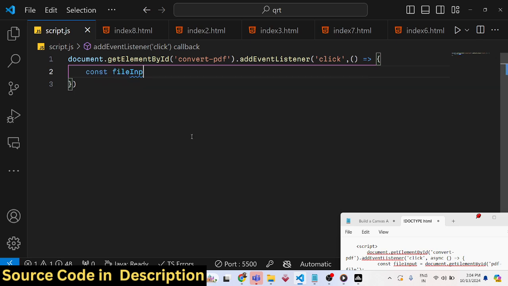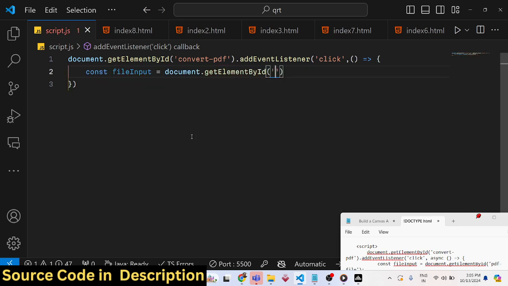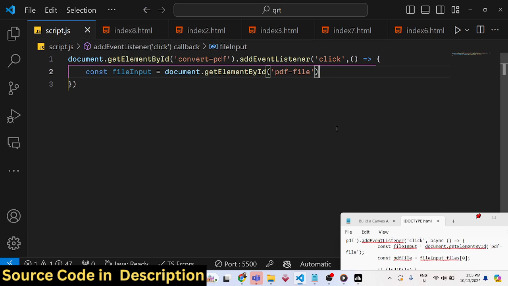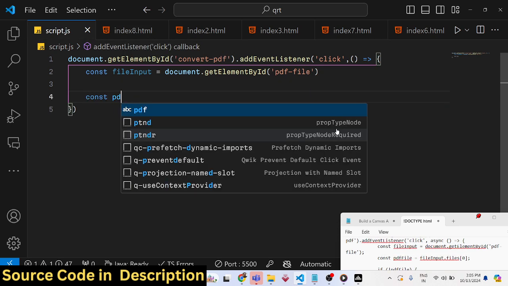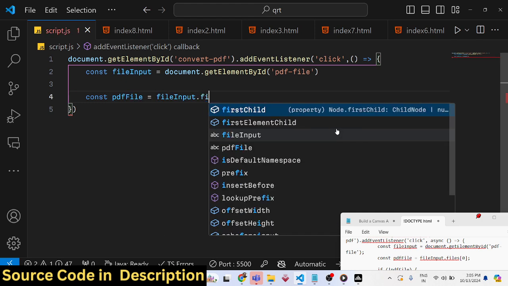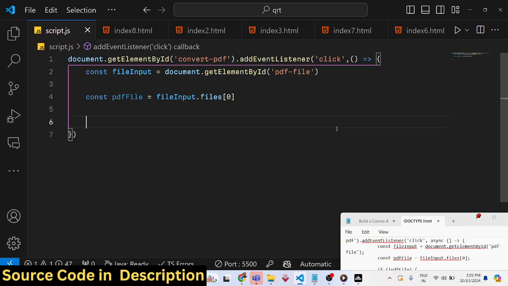First of all, we need to get access to the PDF file that the user selects. For that, we will again use the getElementById function. We have given an ID to the PDF file input, and after getting that element reference, we can easily get the file by using fileInput.files. We only need to get the first file. So like this, we can get this, and then we will simply check